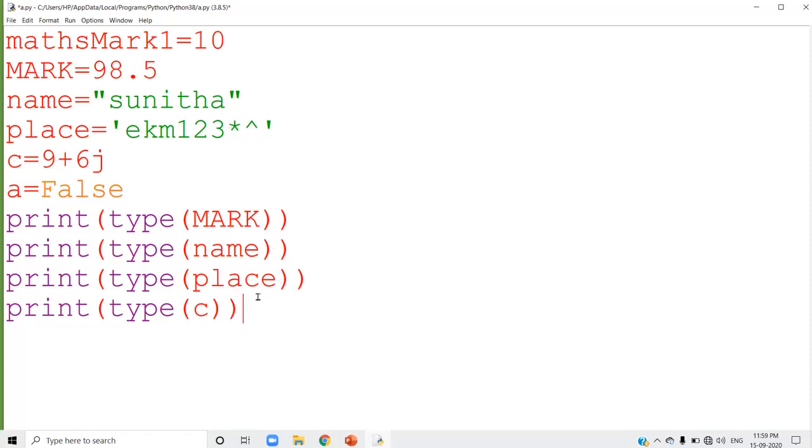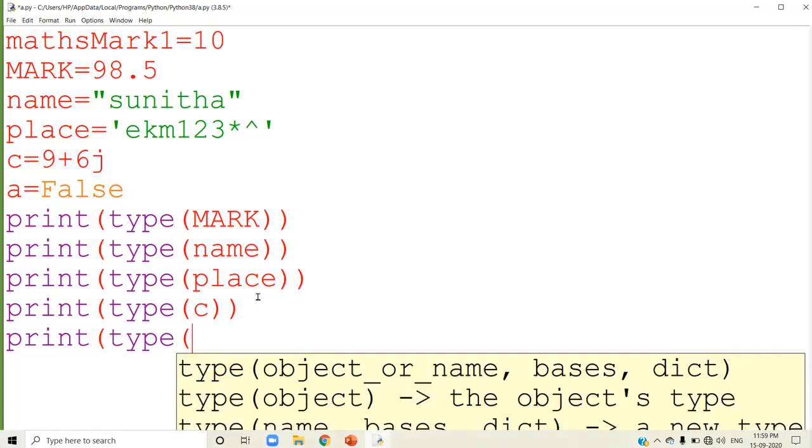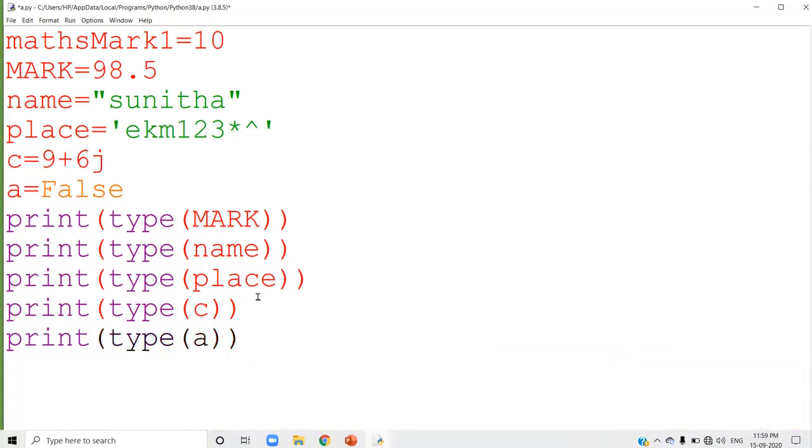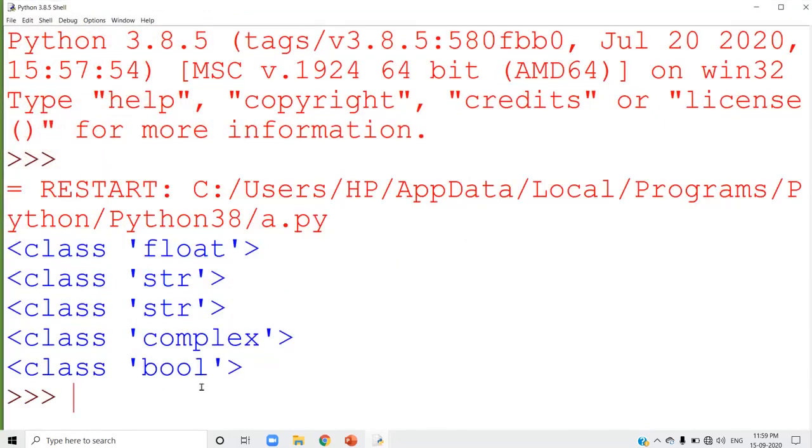Now if I write print type of A, where the variable name is A, check what the last answer is. Run the program. The last answer is bool.